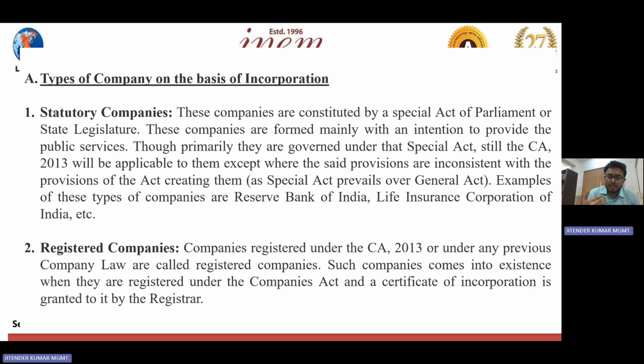Then the second part is according to the members of the company, how many members there are, so we can categorize that particular company. Further, we talk about the liability of the members, whatever the liability of those members, we can categorize upon this. And the last one is other types of company. So we have 4 bases on which a company can be categorized, or you can say the types of company. On the basis of incorporation, there are 3 types of company.